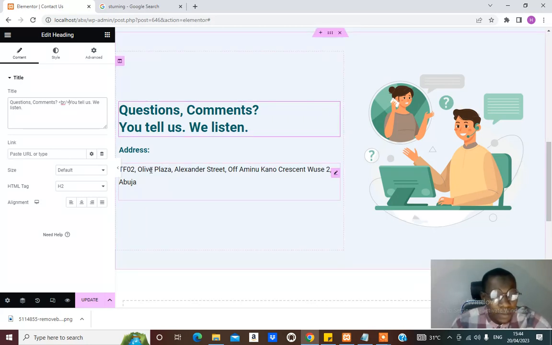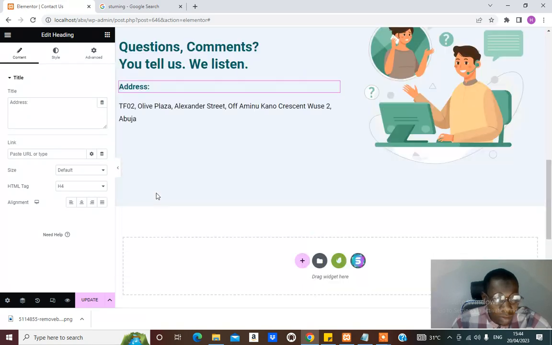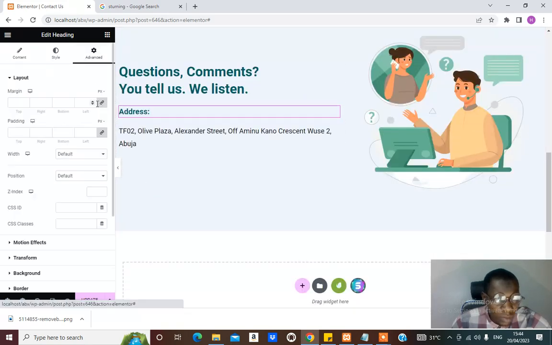Right, so this I can reduce the margin, the space between. And just say margin bottom should be minus 10,